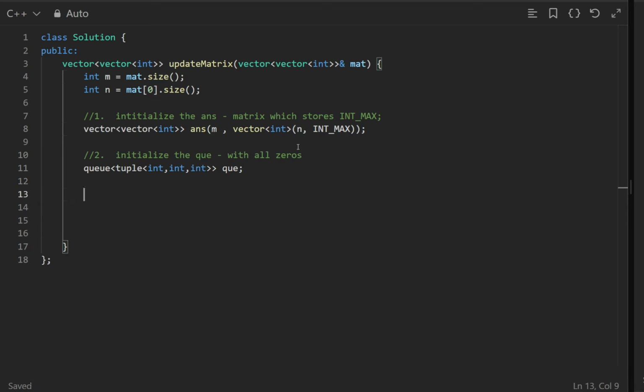And why these 3 things? Because we have to take i, j, and distance, which this will store. Now we have to just initialize it with the loop. So we can go first row i plus plus, and then in j particular column,